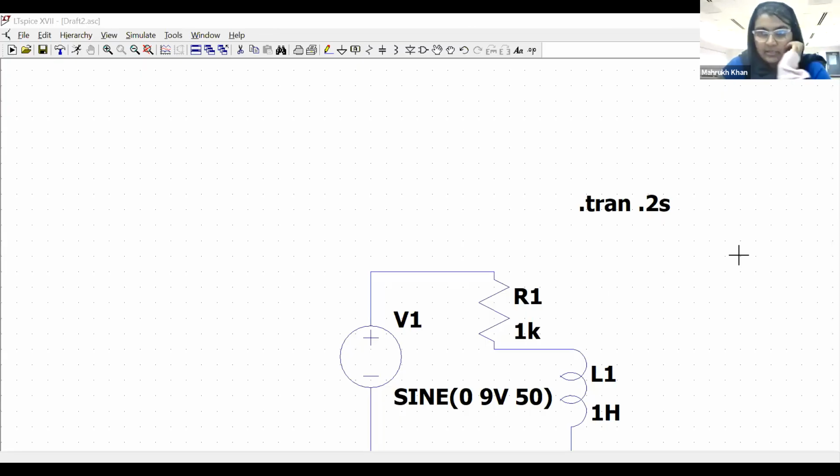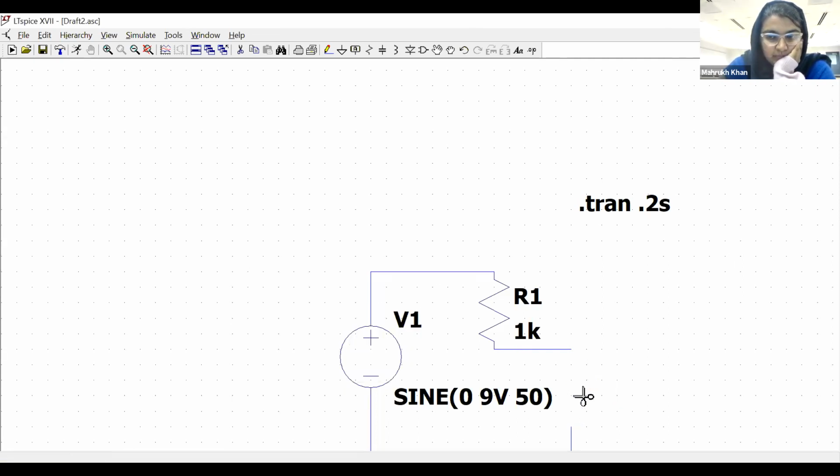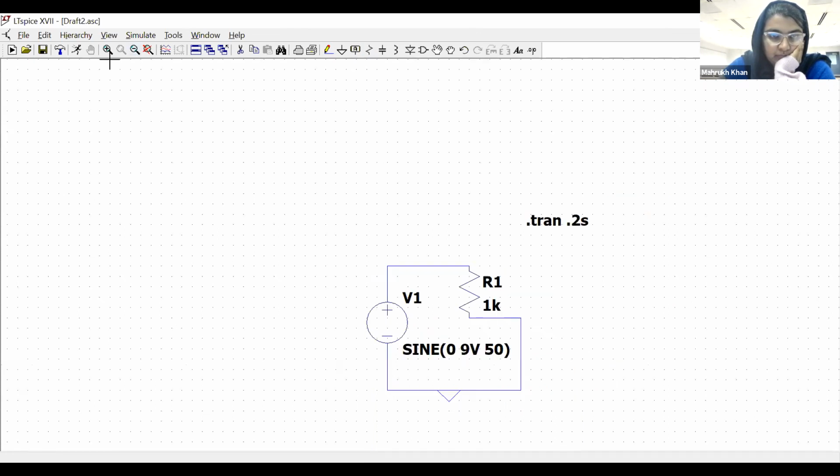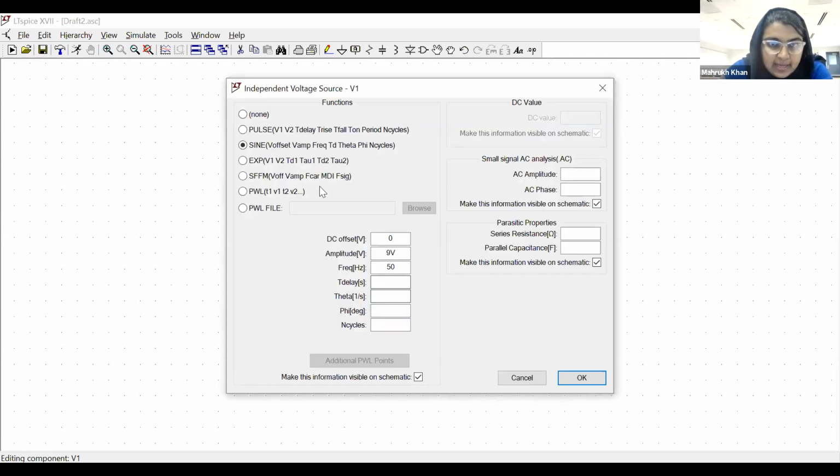So this is the circuit, but I just want to remove this inductor here. And connect the... Okay. So what I did actually here is, you can see I went to advanced, and instead of going to